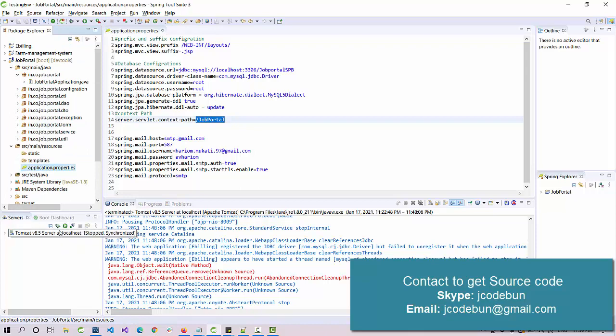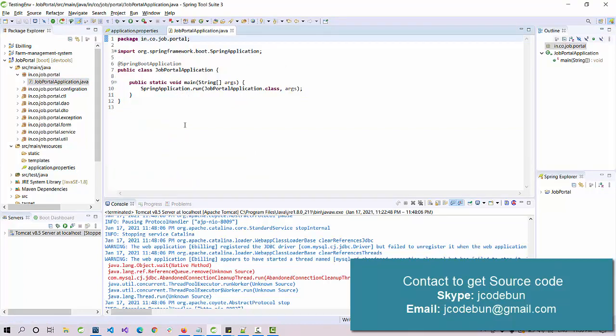So let's run the server and start the project. In my JobPortalApplication.java, this is my runner. In Boot, you need to create a separate runner, and once the server is run, then you can run that runner. So this is my main file that I need to run. In all projects in JSP and Spring, you need to run the root file. But in this,